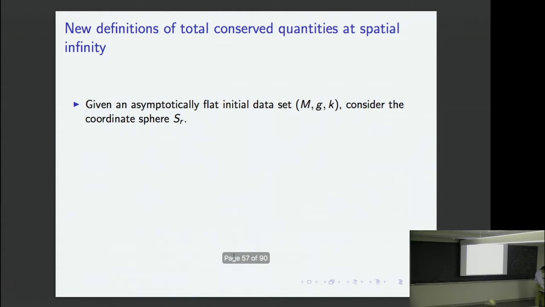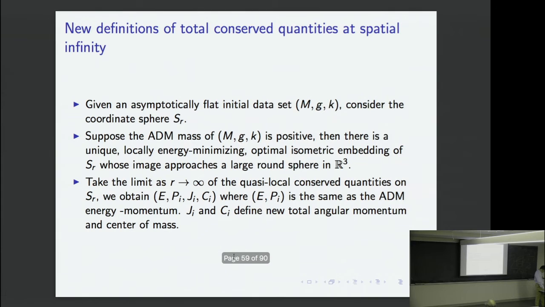So in particular, we can use this one here to define total conserved quantity at spatial infinity. For example, consider an asymptotically flat initial data set, a 3-dimensional spacelike hypersurface, and you consider the coordinate sphere. So this is in the ADM setting. And as long as the ADM mass of this initial data set is positive, then we can solve the